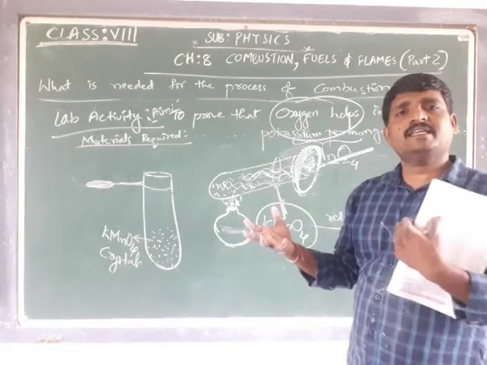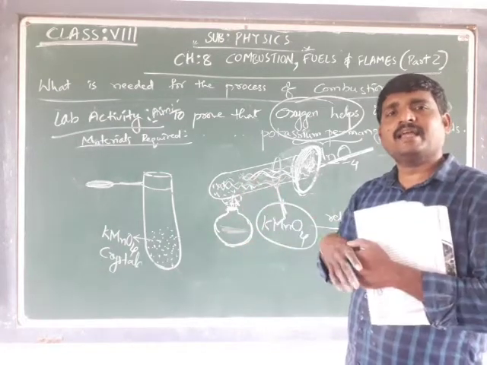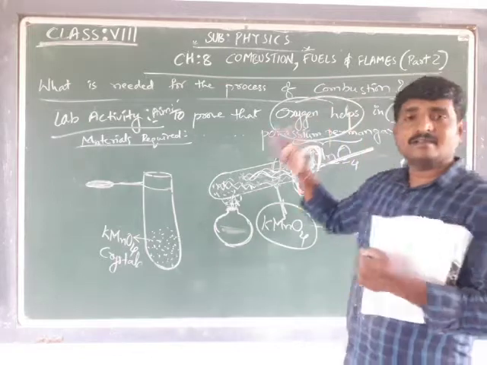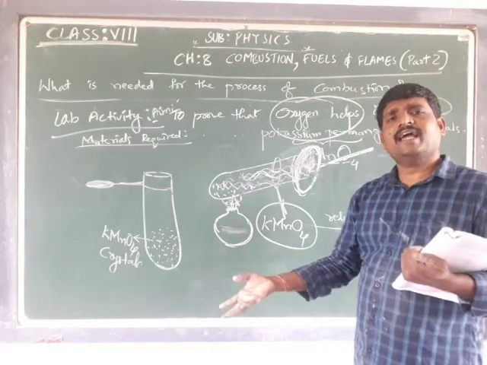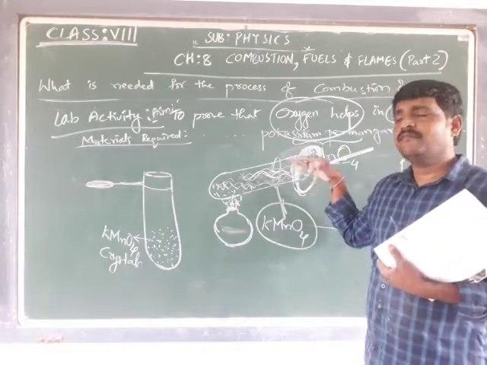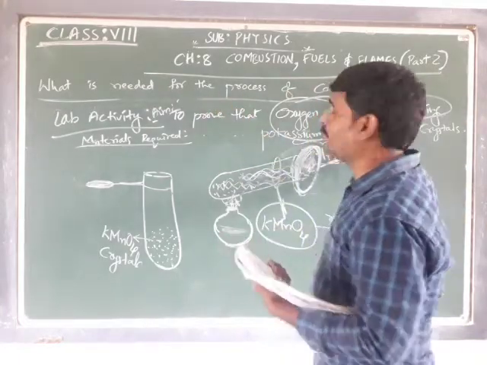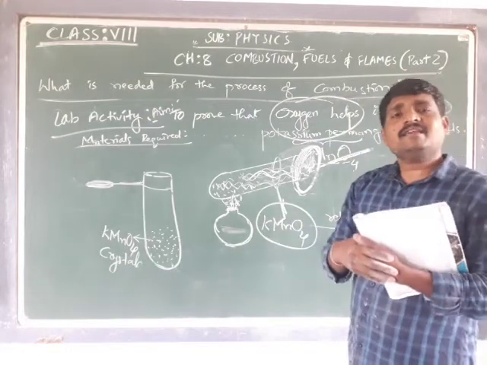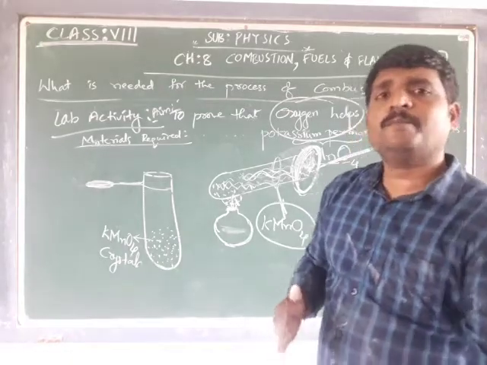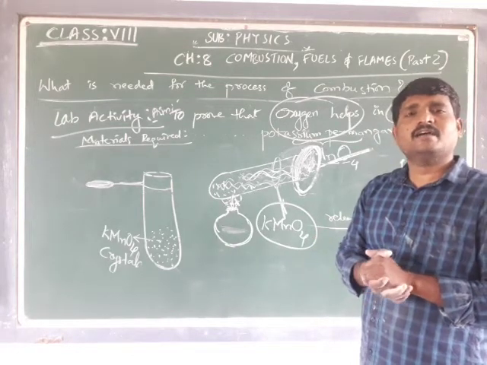Whenever some object catches fire, we cover that object with sand or a blanket, which also puts off the fire. Why? By putting the sand or covering it in the blanket, we are stopping the flow of oxygen, which helps the process of burning. So covering that burning substance with sand and a blanket cuts off the supply of oxygen, so that we can prevent the materials from burning.